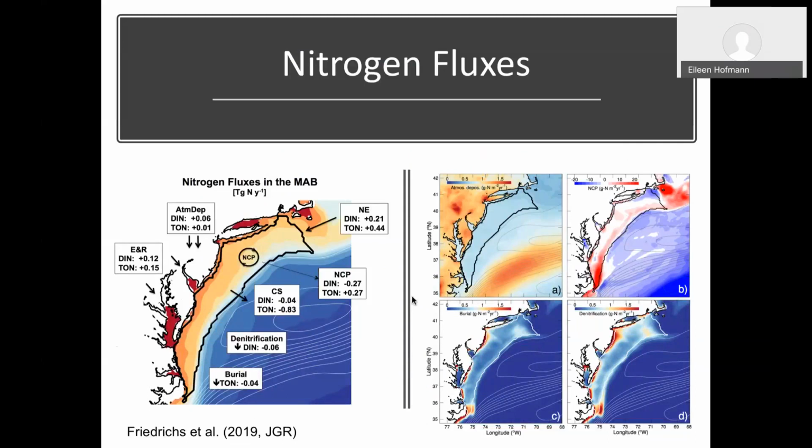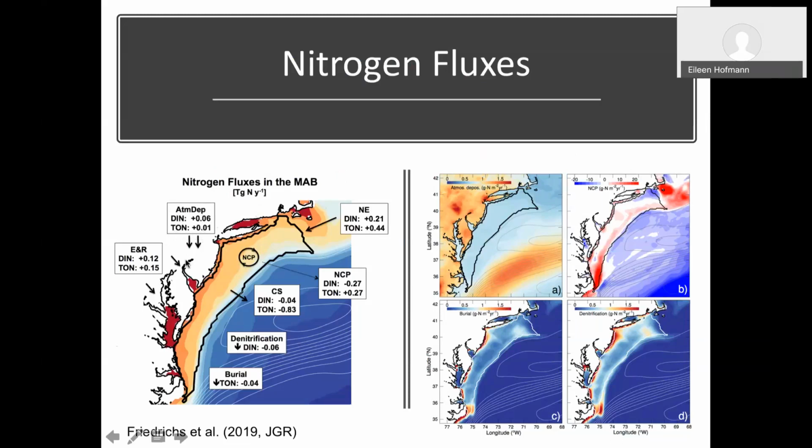Because we can separate out the different parts of the model, this is what's shown on the right panel here: the different components that go into estimating a nitrogen flux. And if we look over here at the aggregate values based upon the simulations, and this is a 5-year simulation, we get these kinds of numbers here, where we can estimate the dissolved inorganic nitrogen and total organic nitrogen flux